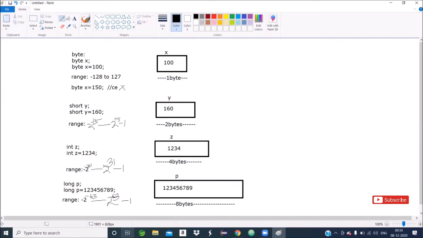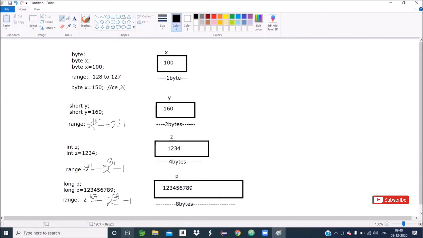So what is the meaning of a data type? A data type fully defines a variable. Without a data type, we can't declare a variable, and it decides the amount of memory being reserved. How is the control knowing this?